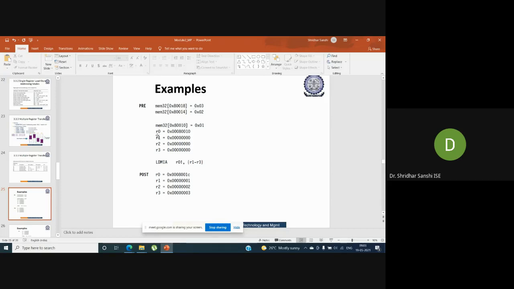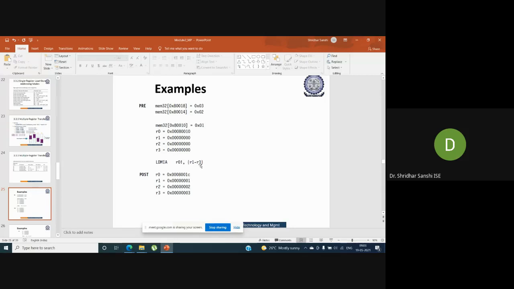And these are the initial values we have in R0, R1, R2, and R3. So R0 contains this address, that is 0x80010. So this will be our base address, because we are specifying it as a base register. You can see that in this curly brace there is R1 hyphen R3.